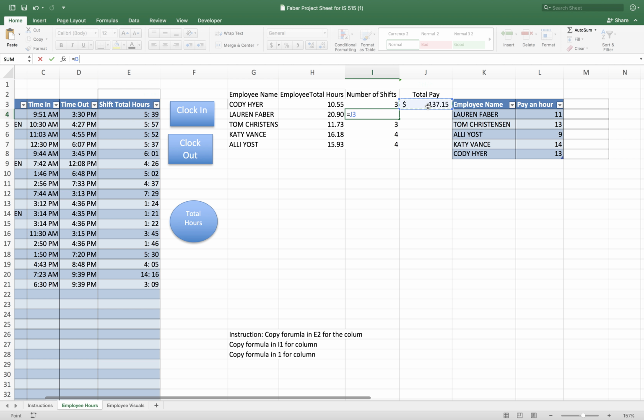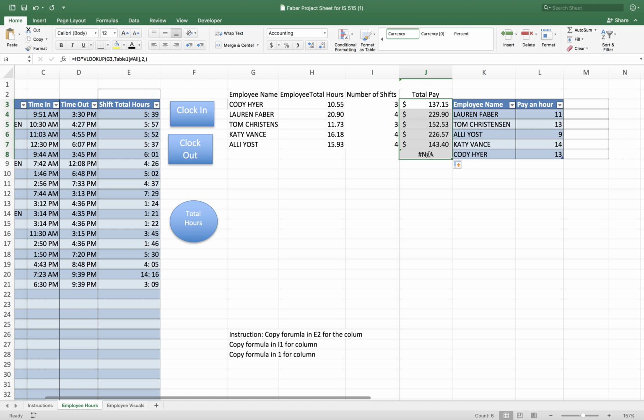And then this total pay uses a VLOOKUP. So this table, they could change their hourly rate, and I'll show that in a second. So it's going to look up the employee, what their hourly rate is, and times it by the total number of hours that they've worked. So again, we can just drop down that information